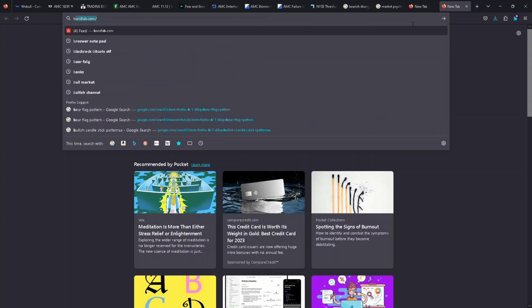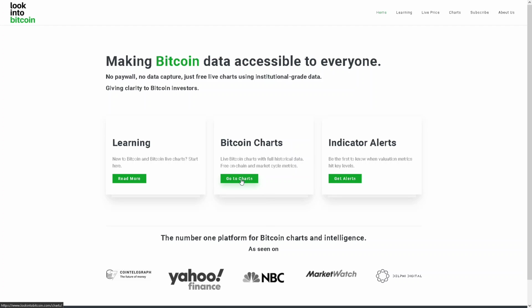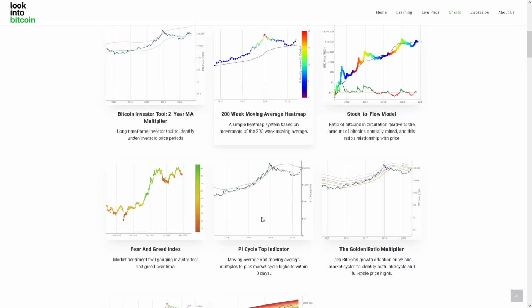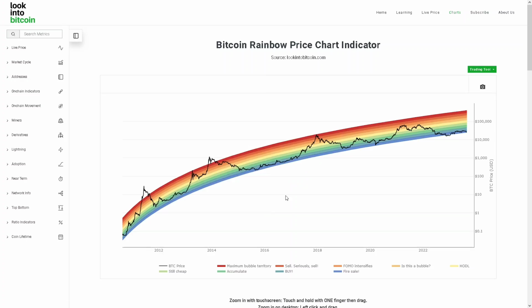If we look at the Bitcoin charts, you guys will see that it is in fire sale territory. So I'm going to quickly show you guys what I mean by fire sale territory. Anytime Bitcoin is in this blue marked area, this is fire sale. And this is a great time to buy Bitcoin because it always runs up from these areas. And if you look at what this range has been, this has been a massive accumulation range. And if you look at what Bitcoin has done ever since its conception, it's done nothing but increase in value.